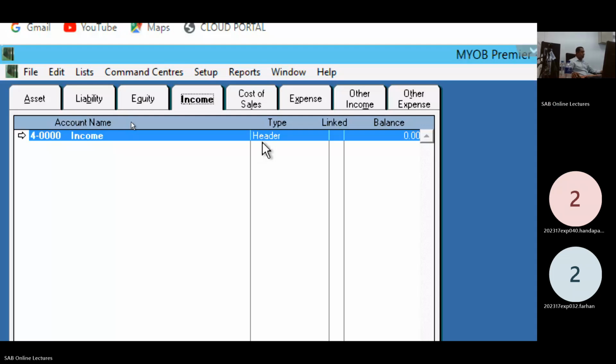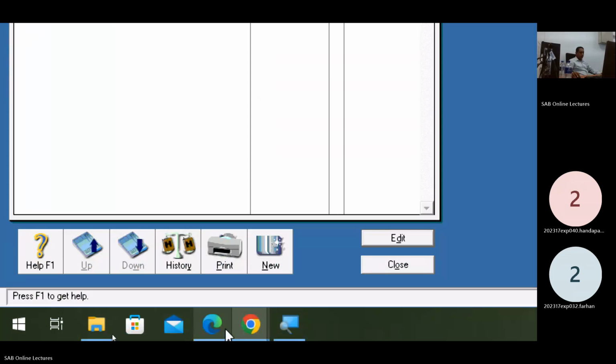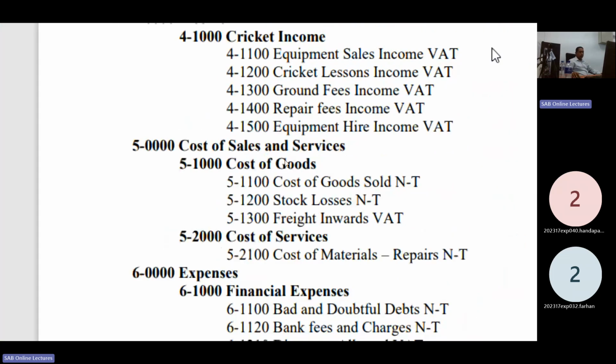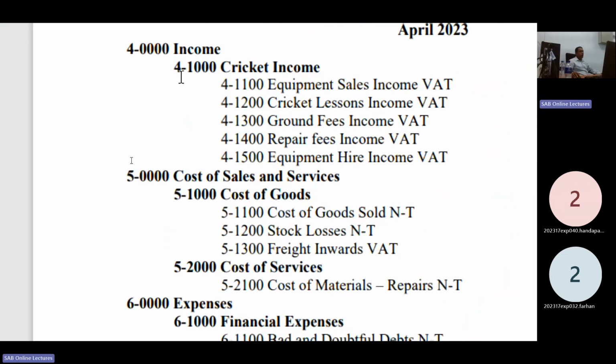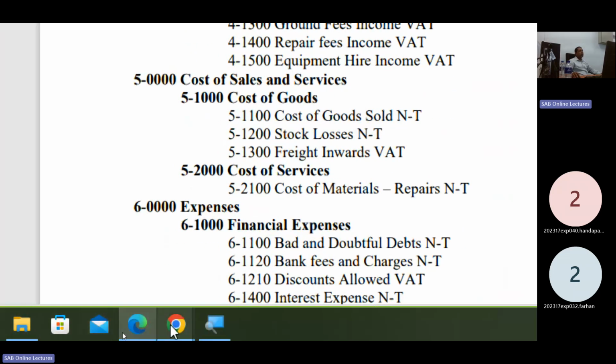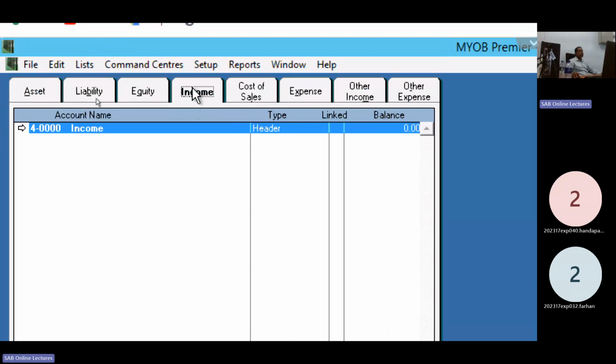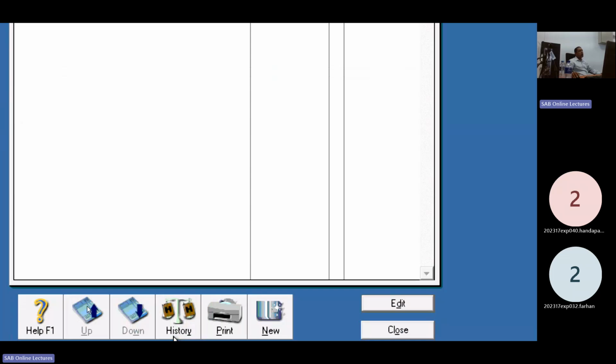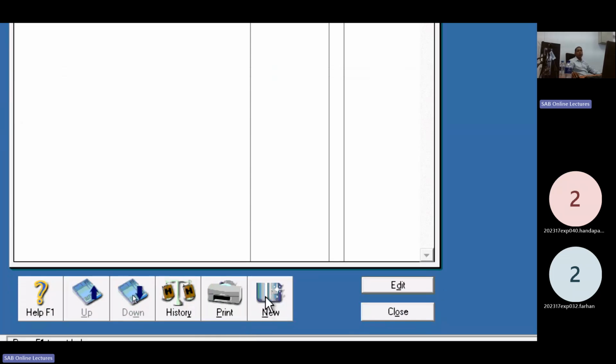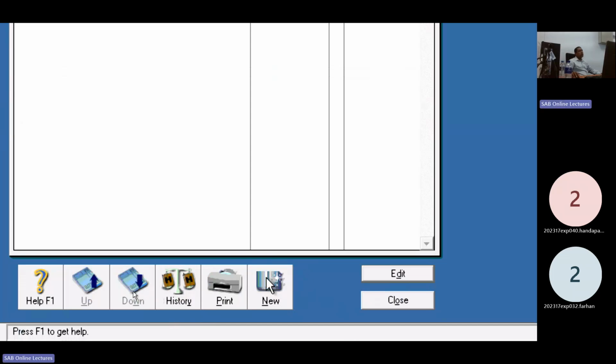Number 2. 4-1000, cricket income. New header account. Click on here, income section. Click on the new accounts function, new, here. Click new.